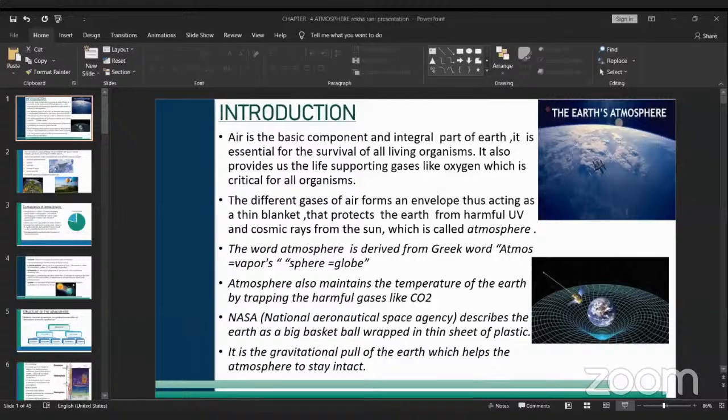The 4 major pressure belts of the Earth are the equatorial low pressure belt, subtropical high pressure belt, subpolar lows, and the polar high. The equatorial low pressure belt extends from the equator to 10 degrees north and south of the latitudes, where the sun rays fall directly on the equator throughout the year. Because of this, there are high temperatures, not on the equator, but on the tropics.